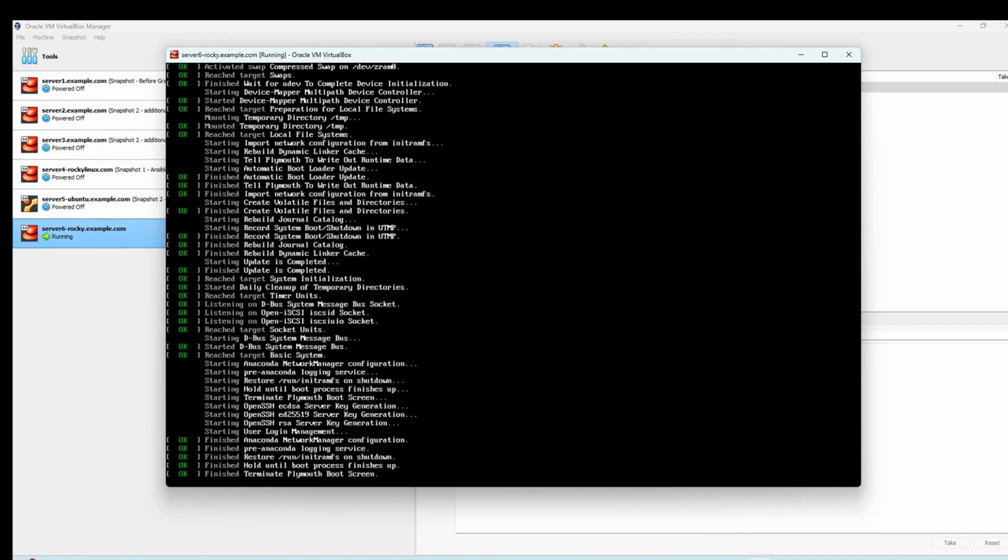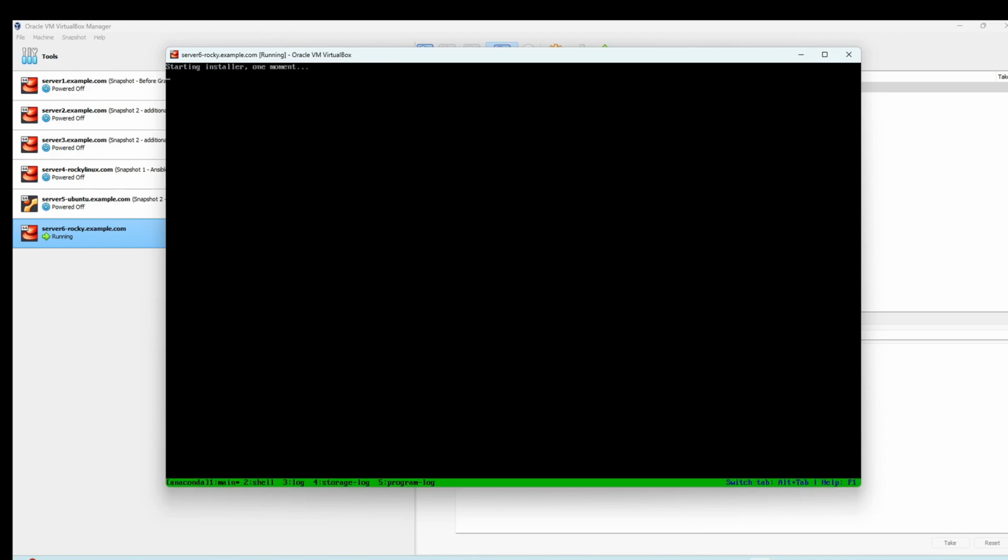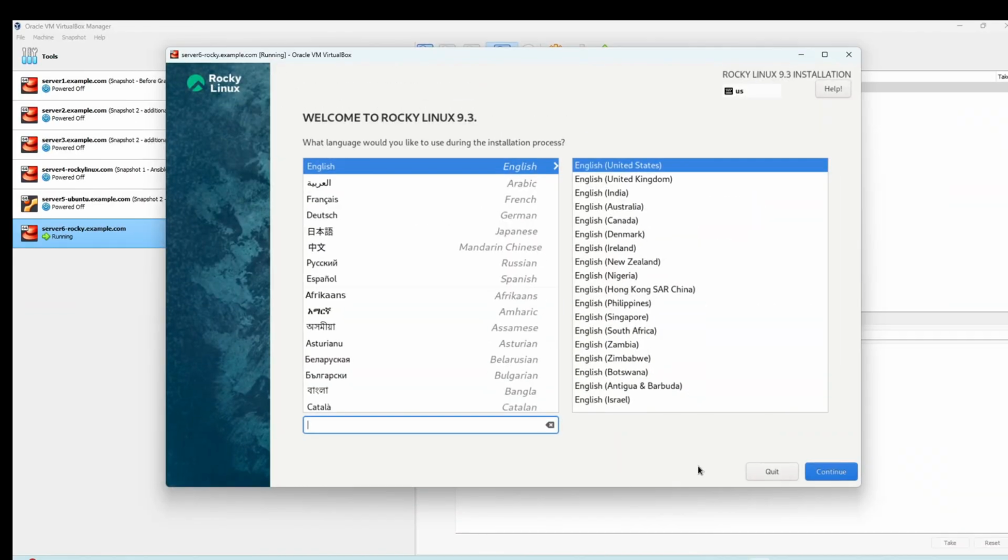And in a few moments we'll be prompted with a graphical user interface from where we can choose different things that we want to install. And here it is, the installer is starting. So now, after everything has finished loading and starting, we are prompted with the installation screen, the first part of the installation screen, where we are prompted with a welcome page where we can choose the language and the keyboard